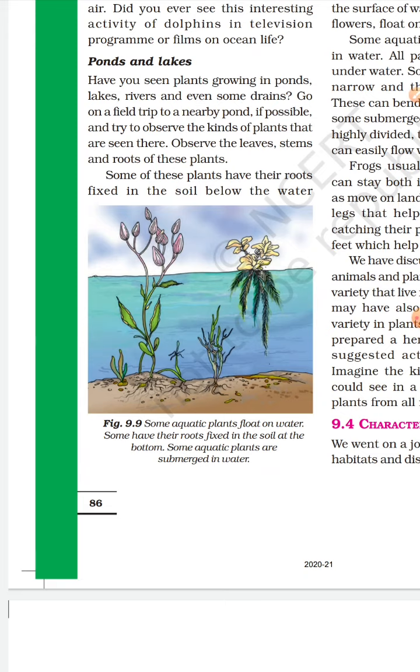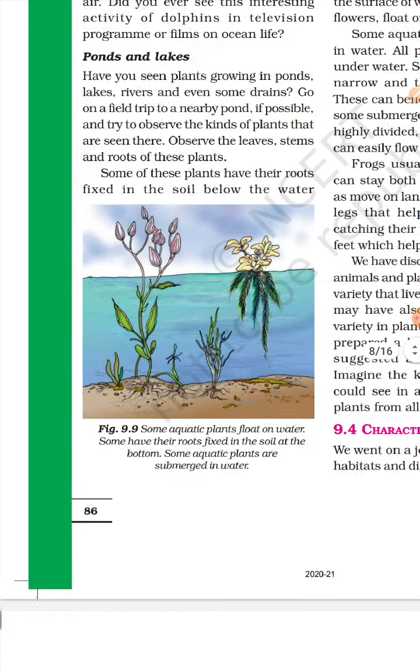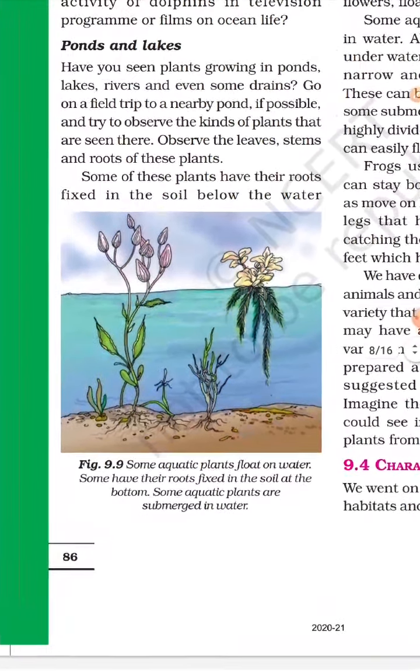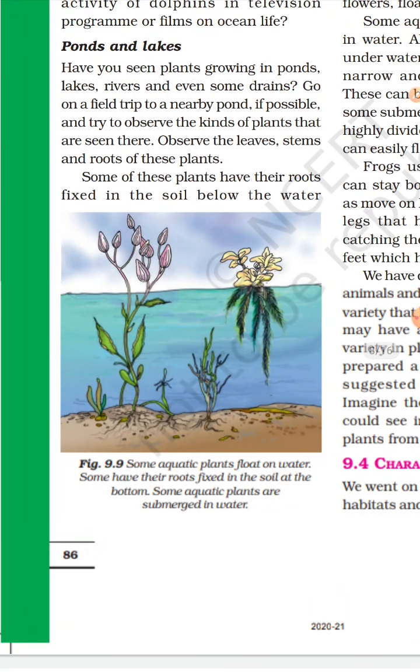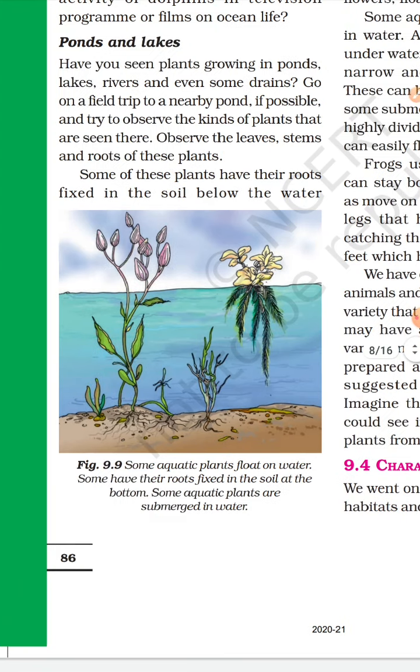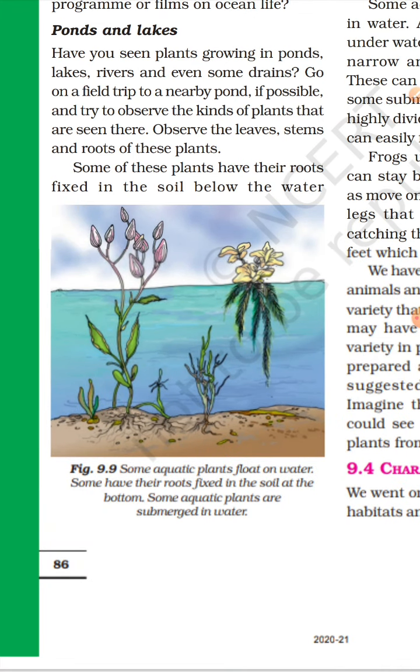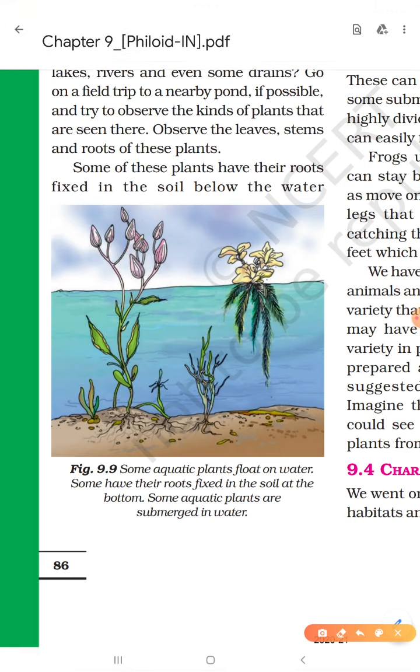Did you ever see this interesting activity of dolphins in a television program or film on ocean life? You surely have seen such activity from dolphins. This is very important. And I think you can see here